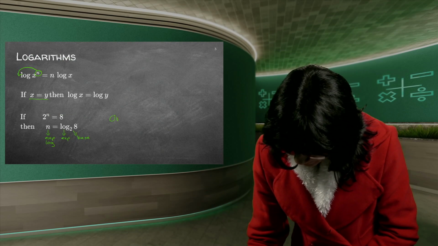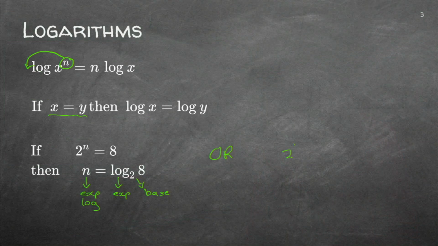Or you can do this. You have your 2 to the n, you have your 8. You can just put a log in front of each. Now I want the n down to earth, so I'm going to bring the n right to the front with the first log law that you see on this page. This side is still log 8. How do you get the n all alone? It's being multiplied with the log, so you divide. So you say log 8 divided by log 2. If you click this on your calculator, you will see the answer is 3, because we know the answer is 3. You can go and check.